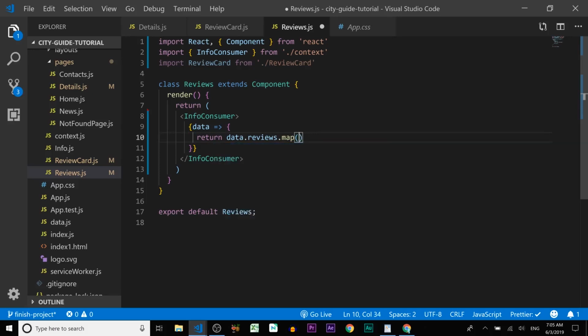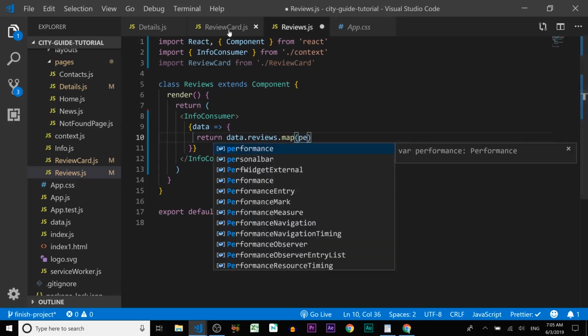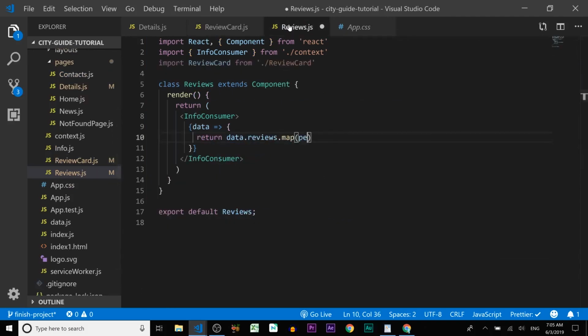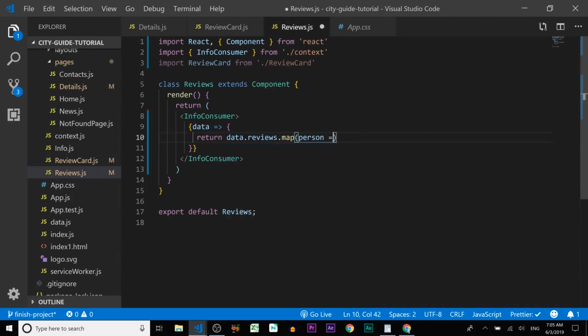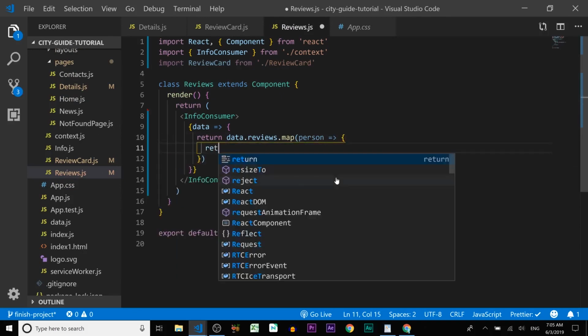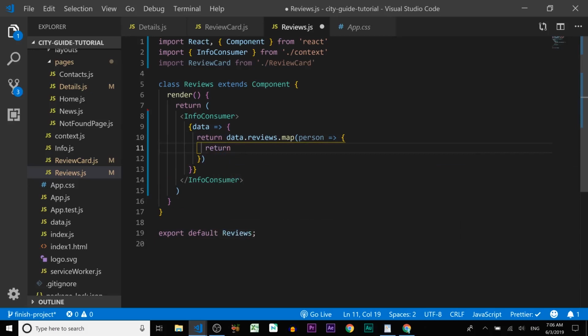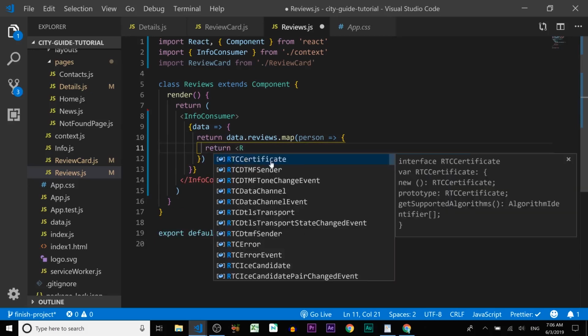Let's give a parameter person, because you remember, guys, we gave the person here. Let's do person and return. Now we're gonna return the component review card. So, we're gonna map through the data, you know,